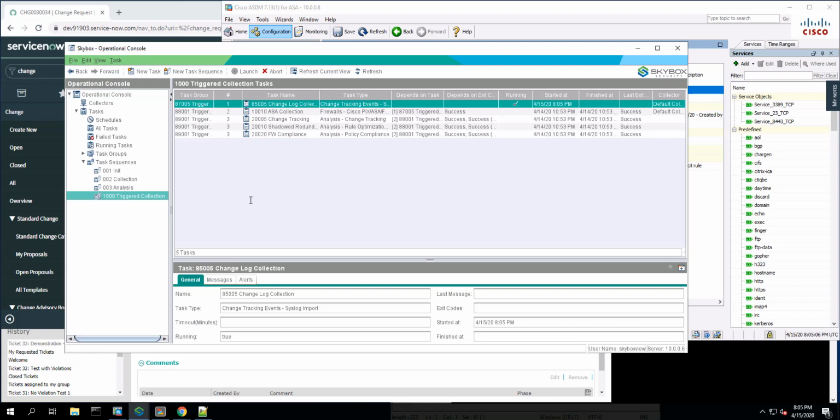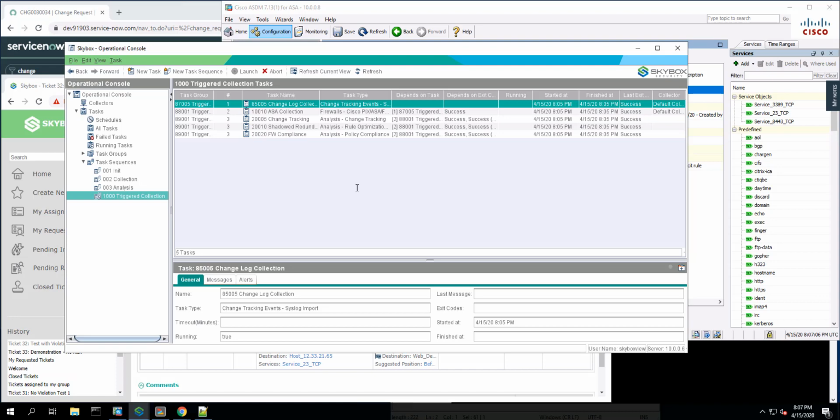This is going to take a minute to run, so I'm going to pause the video right now and let it run through these different tasks. So now our task is complete. The new configuration has been imported and the changes have been analyzed. So now we'll go back to